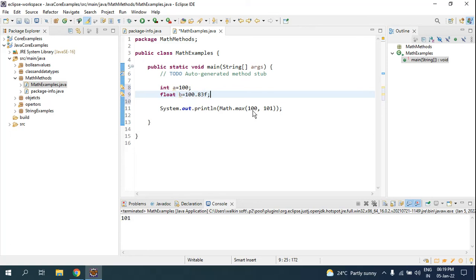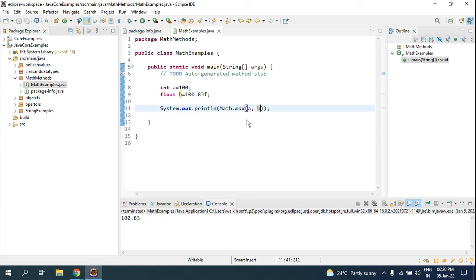So I'll compare the two values, a and b. I want to check which has the highest value. So 100.83 is the highest value. I'll run my file. You got 100.83. So math.max is what you are going to use.